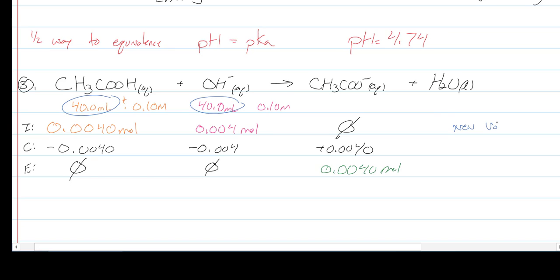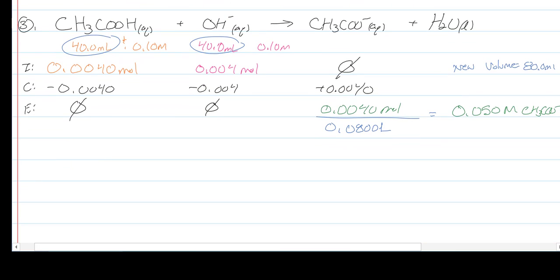The new volume, 40 and 40, is 80 milliliters. So if I divide that by 0.0800 liters, that ends up with 0.050 molar acetate. Okay. Well, that's a base. So we have CH3COO minus plus water going to CH3COOH and